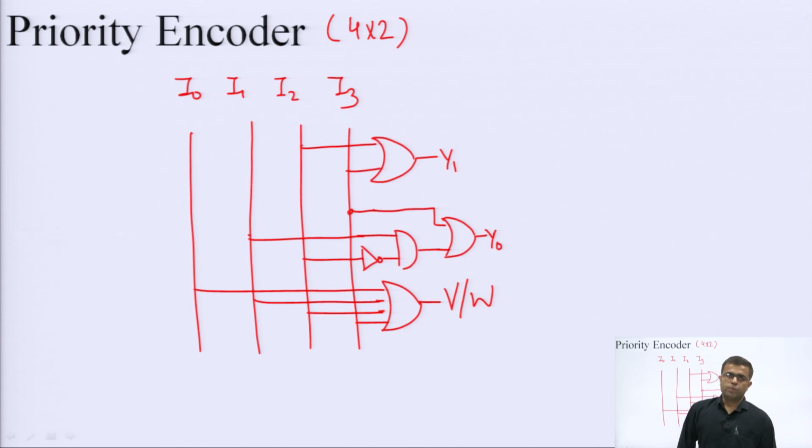Similarly, we can prepare this priority encoder with giving priority to the lower number. In that case, we have to rearrange the truth table cases in such a way that I0 is given the highest priority. That means, if all 4 are simultaneously high, then the value of I0 will be delivered at the output. Okay. So, that can also be treated as another case of priority encoder.